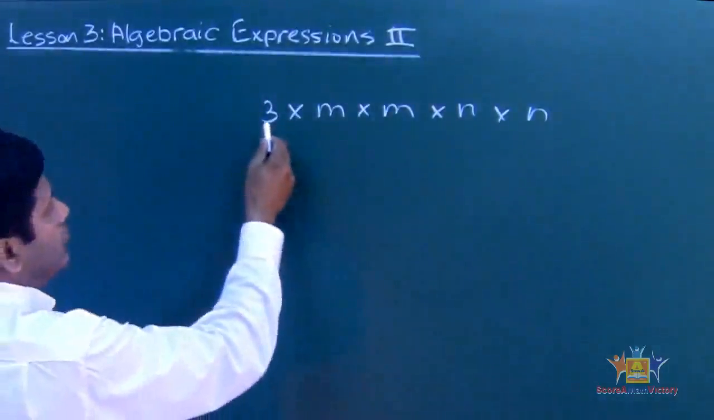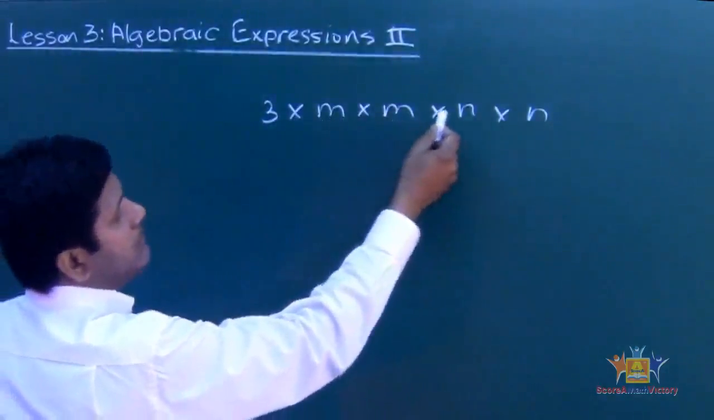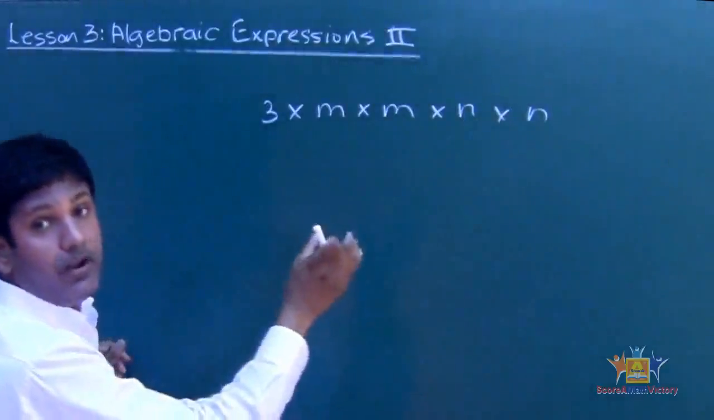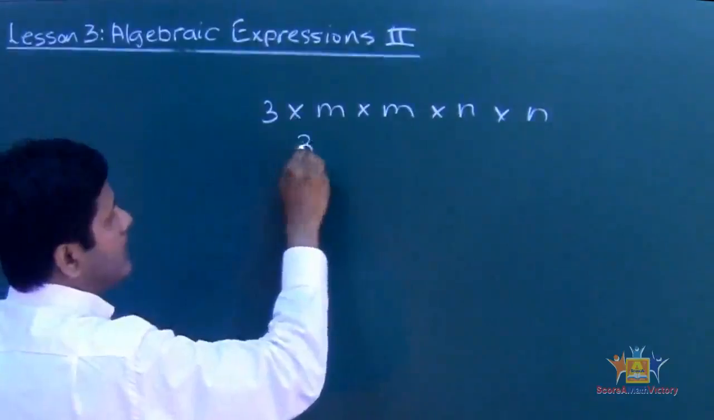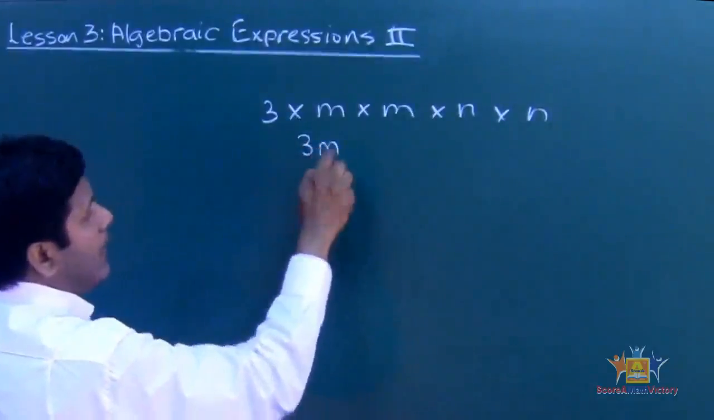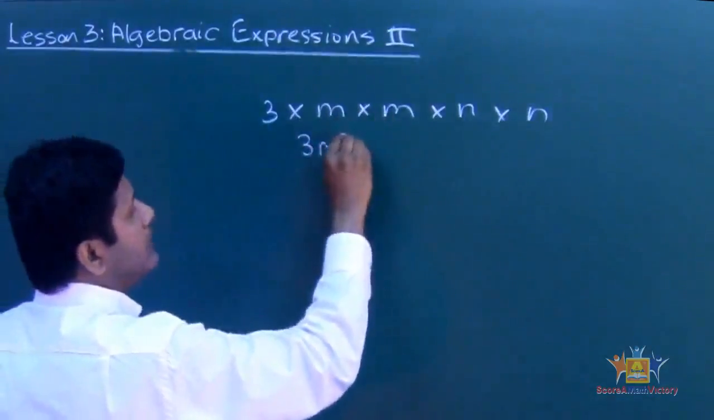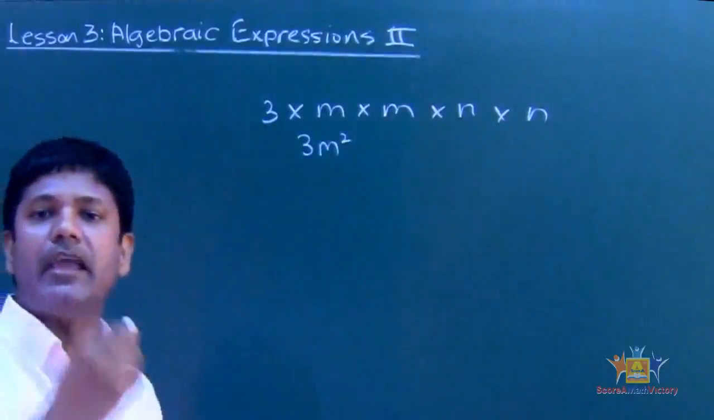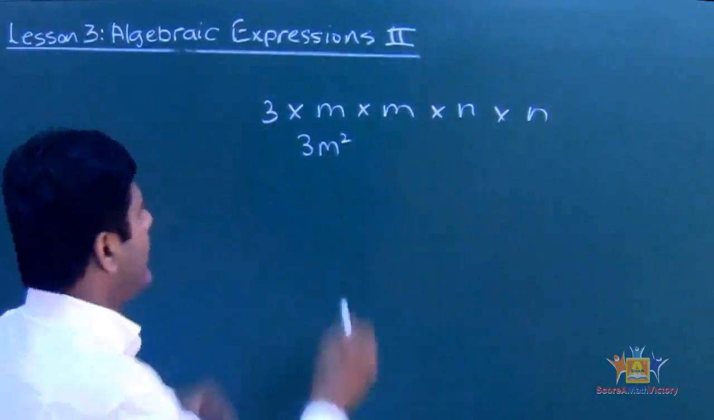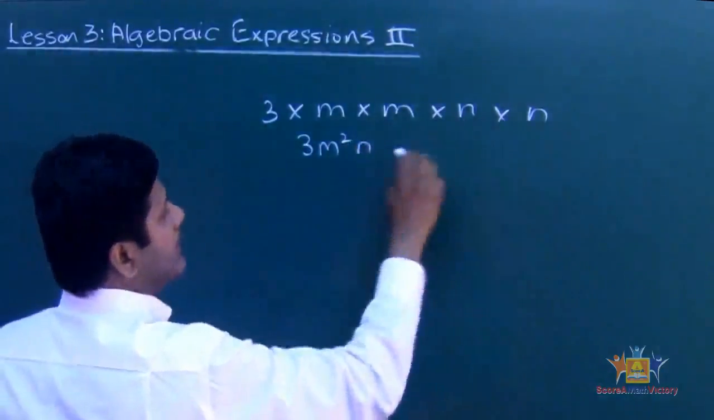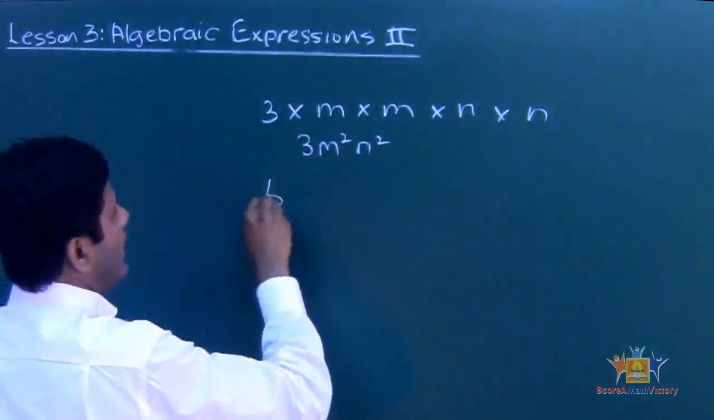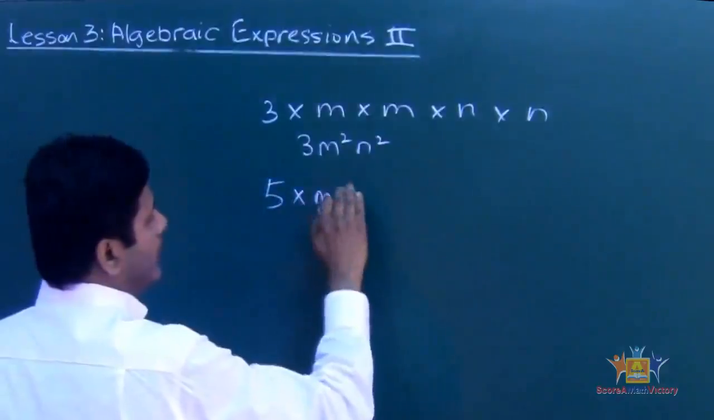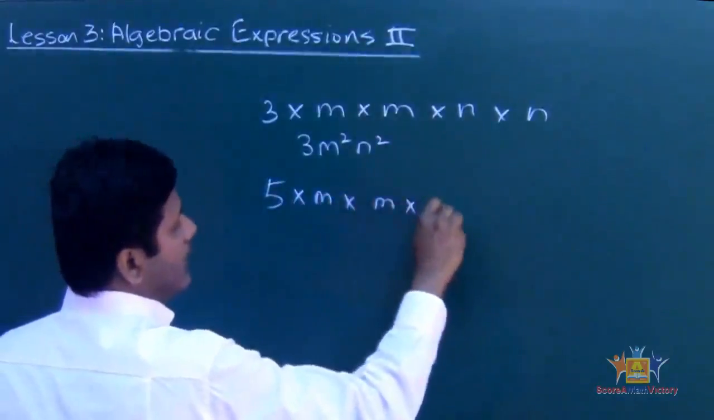So you know that 3 times m times n times n can be expressed in the simplest form. Alright, so you can take the multiplication of 3m. How many m's are there? 1, 2. That means squared. m times m is m squared. See that? And then n. How many n's are there? 2 n's right there. Alright, let's say for example, if I have 5 times m times m times m times